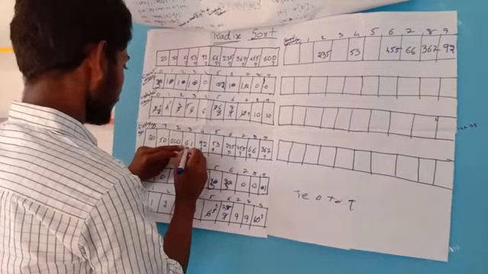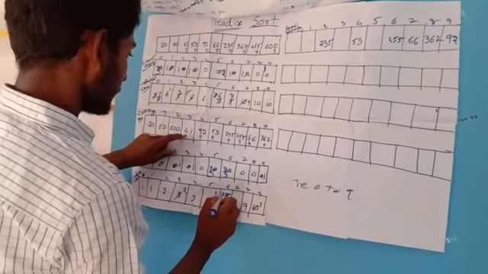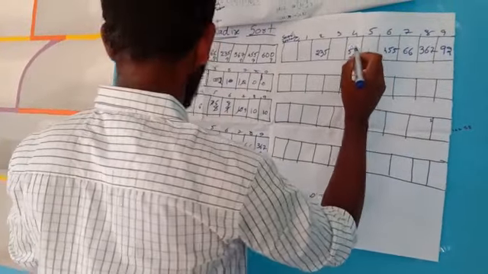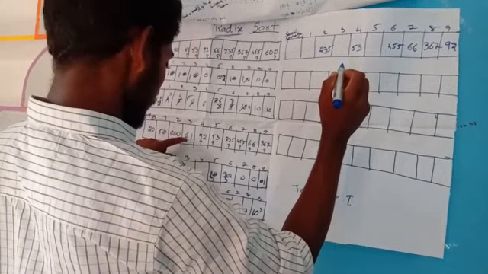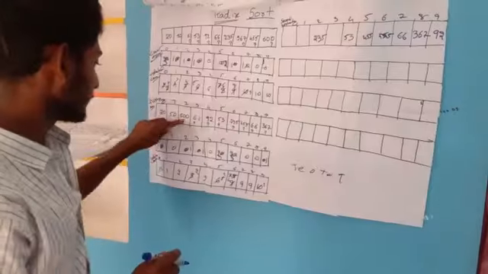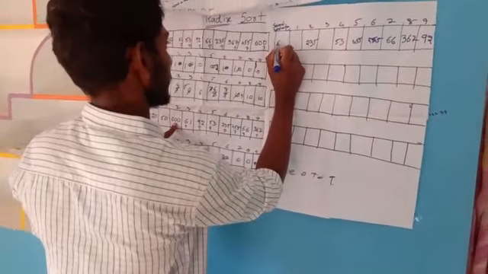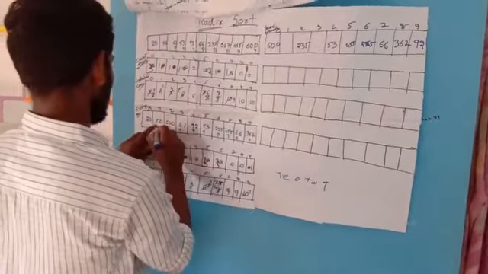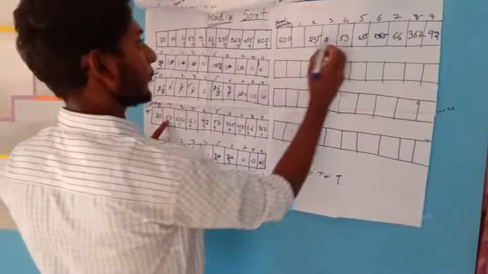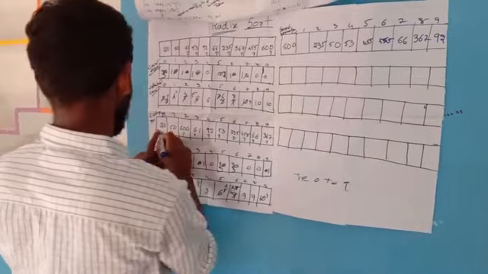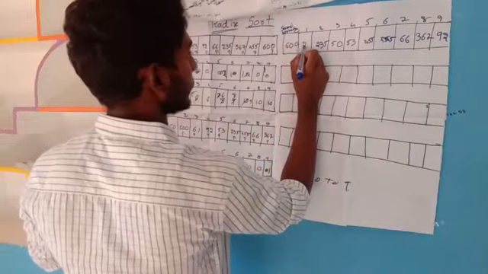Here 6, by decreasing this it becomes 6. At 6th place we have to write 6. At 5th place we have to write, skip change. At 0, by decreasing this, at 0th place we have to write 600. Here 5, by decreasing this, at 3rd place we have to write 50. Here 2, by decreasing this, it becomes 1. At 1's place we have to write 20.